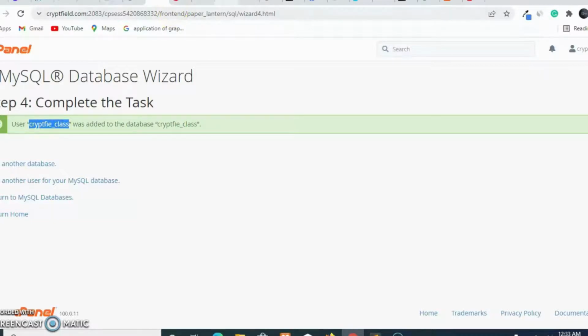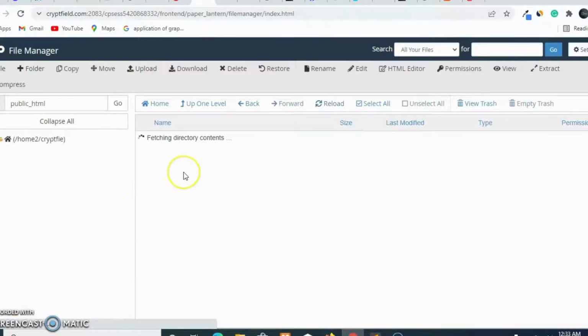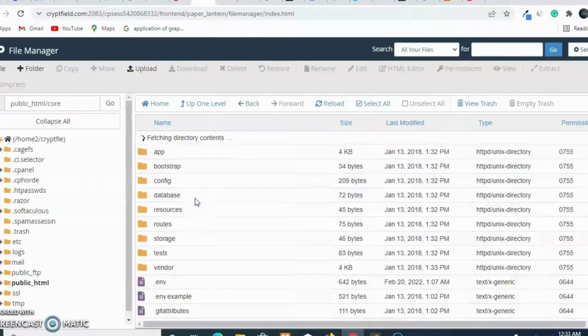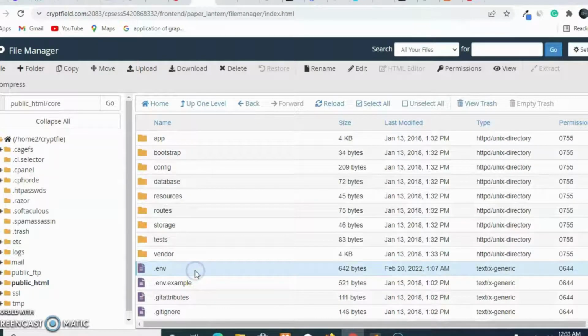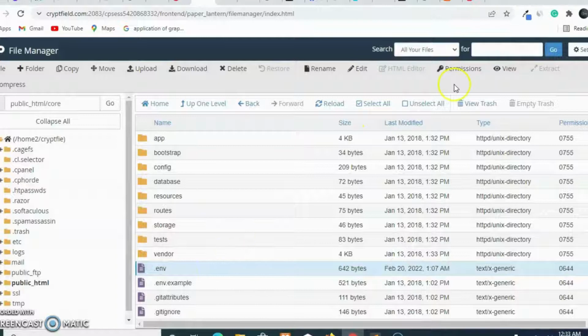Then I'll go back to the files here. Go to the files, then edit. Click here, then edit this .env file. If you don't see this .env file, I've told you what to do. You click on settings, then click on show hidden files. That is all to show that. Then click on this. We now click edit.